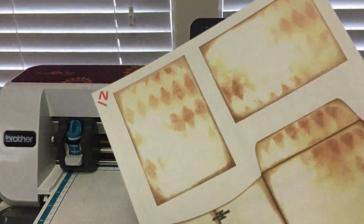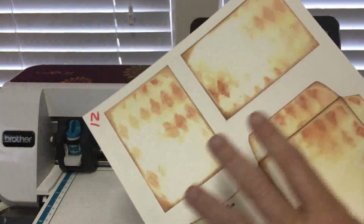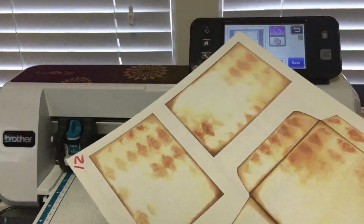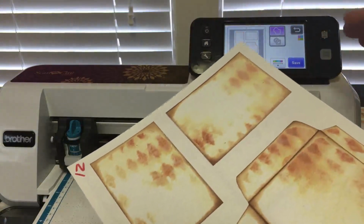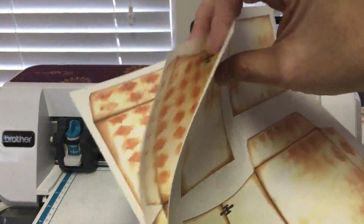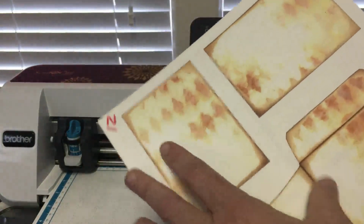And you print this to your printer, and then you can scan it in to your brother Scan and Cut. Notice this little number at the top? Here's what I'm doing. I'm scanning this file into my Scan and Cut and saving the files into the memory of the machine. As I do that, I'm numbering these pages